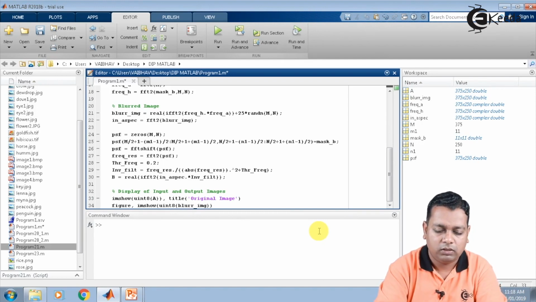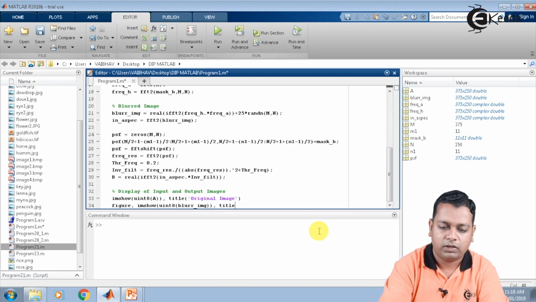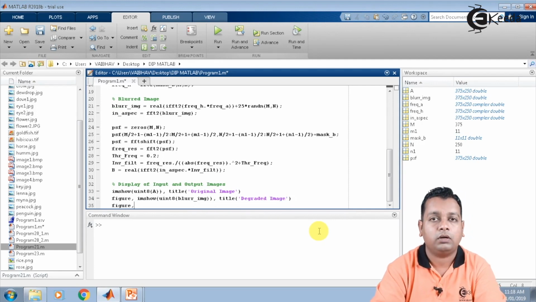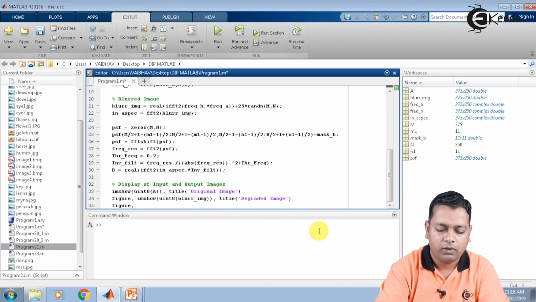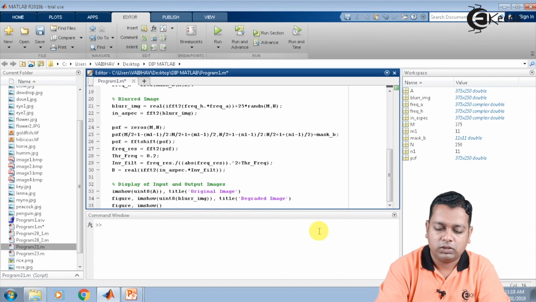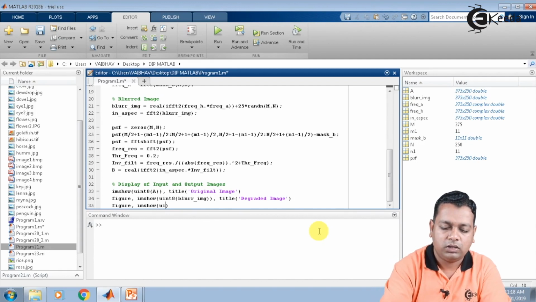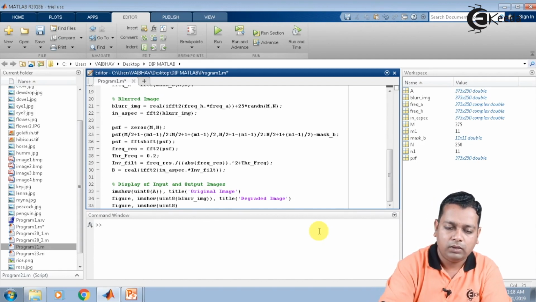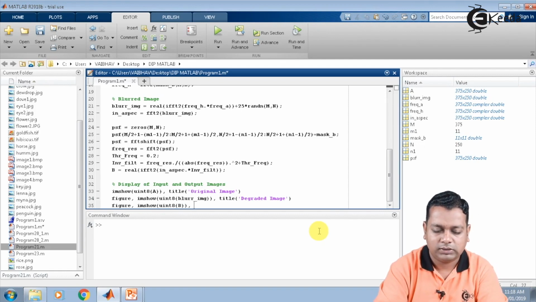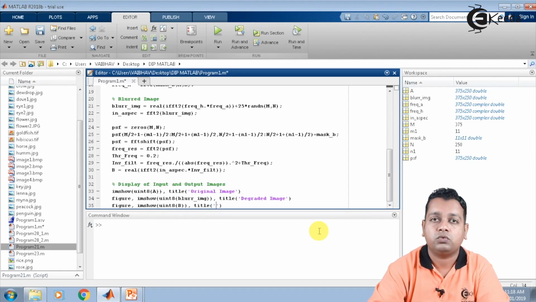So simply we mention the title, that is degraded image. Now again we use the keyword figure for the last display with IMShow, and this is for the restored image. So uint8 type we apply for the variable capital B, and lastly the title here is restored image after pseudo inverse filtering.